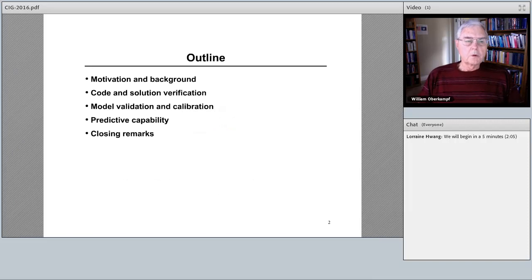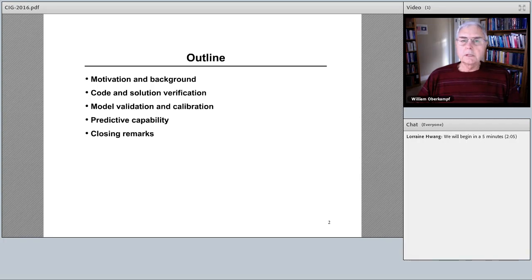I want to give a little bit of motivation and background of this is simulation in general, not only for geodynamics, but most of the terminology and the concepts have actually come from the engineering side, mainly from fluid mechanics, heat transfer, solid mechanics, and structural mechanics. I'll talk about the various verification activities. They're divided now into code verification and solution verification, and try to make the point why they are important. That is the foundation that we build on.